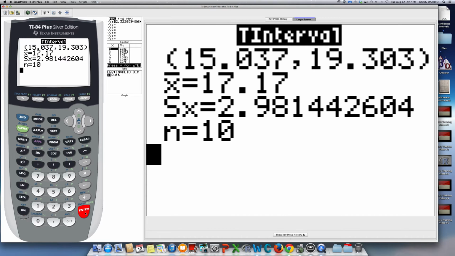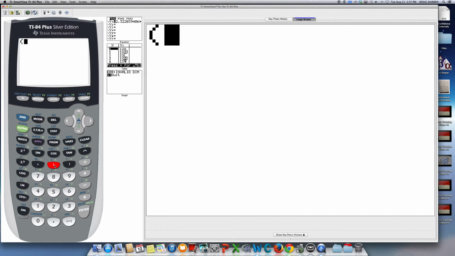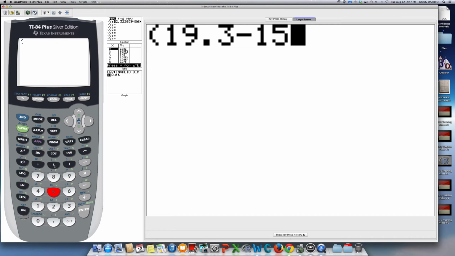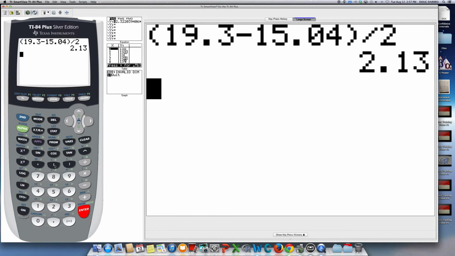Now, the easiest way to find the margin of error is to take the biggest number minus the smallest number divided by 2. So if I take 19.3 minus 15.04 divided by 2, I get the margin of error, which is 2.13. So guys, your margin of error for your problem